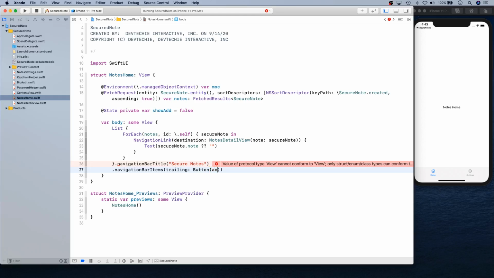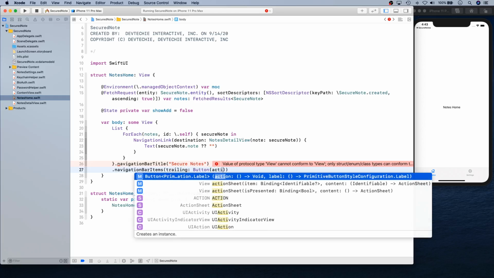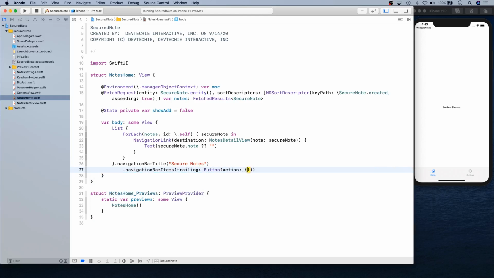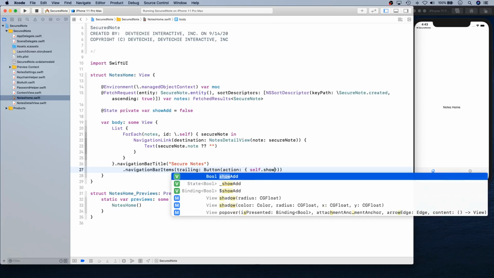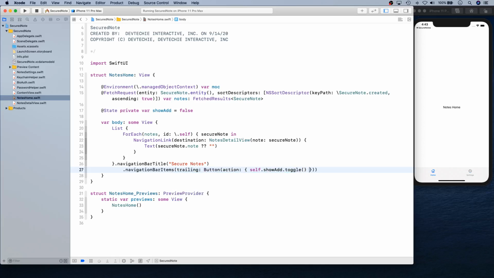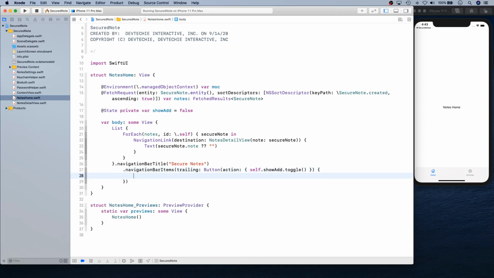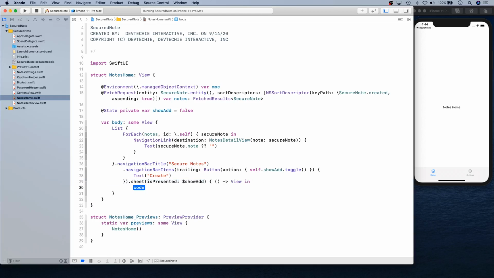That button is going to have an action, and this action is simply going to toggle showAdd. Whenever this is toggled, we also need a label, so let's create a label for this, and we're going to just use the text Create. Then we're going to attach a sheet to this, and we're going to say $showAdd for this one. And for the view, this is where we're going to show